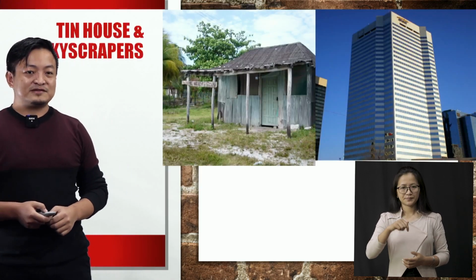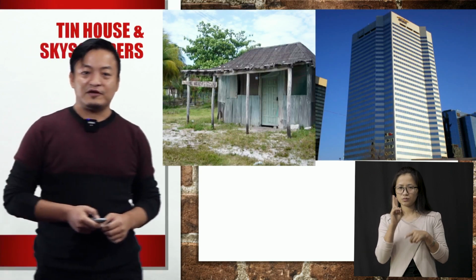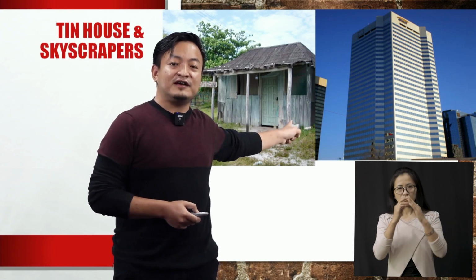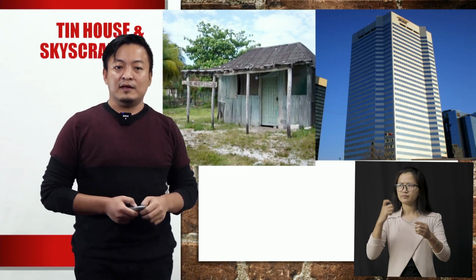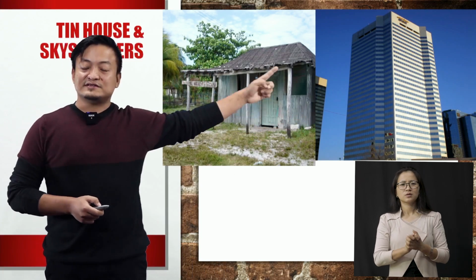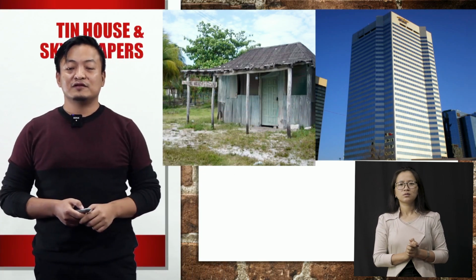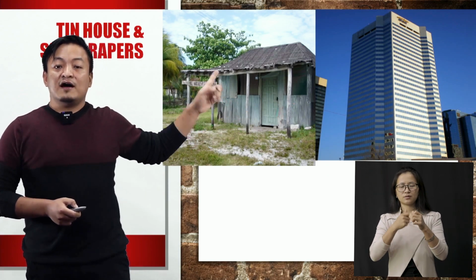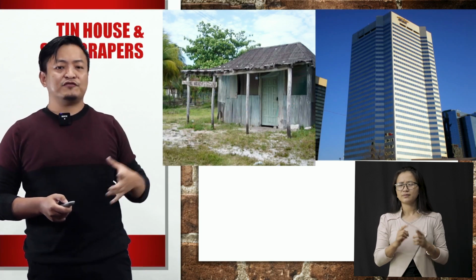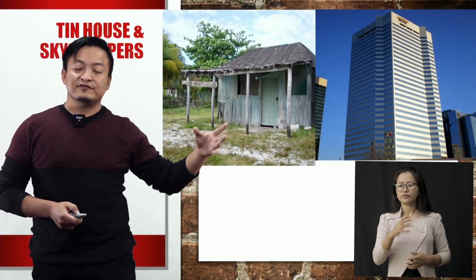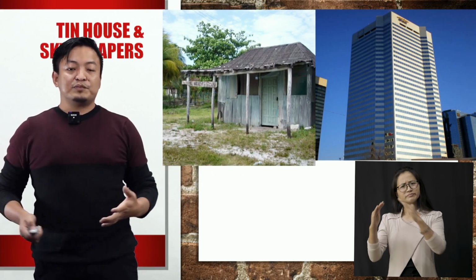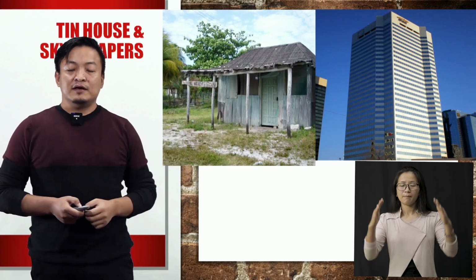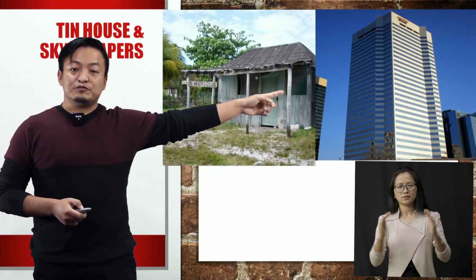Now, students, we have two different types of houses here, right? The house that you see here is a tin house. And students, the second house that we see here is called a skyscraper. The first house, tin houses, are very common. We find this type of house in towns, in villages, everywhere. Some people also make a garage with tin. And the second house that we see here,